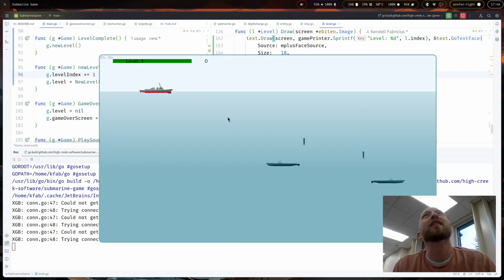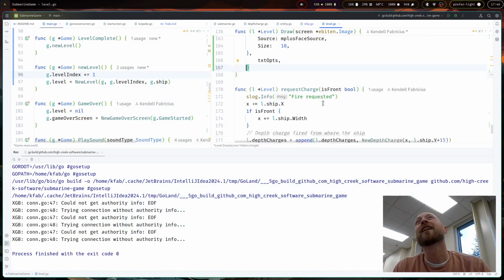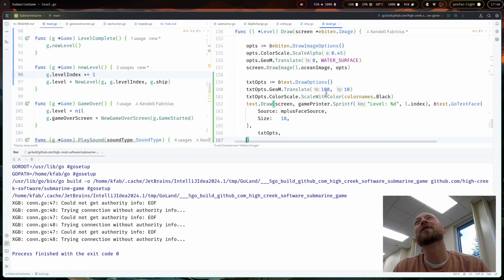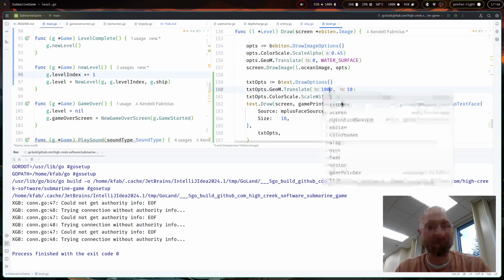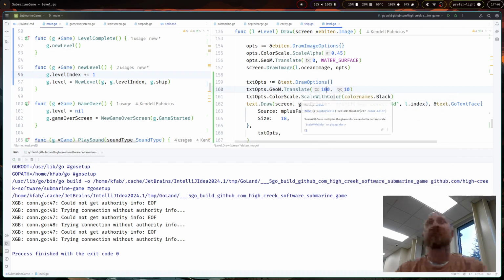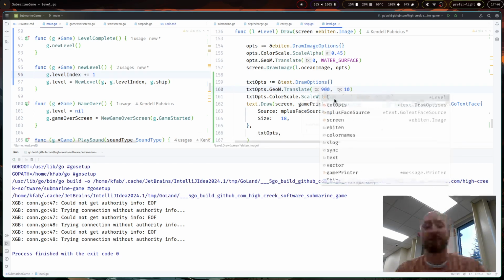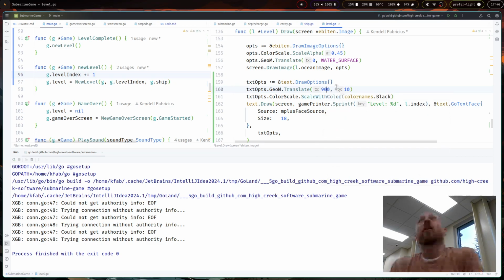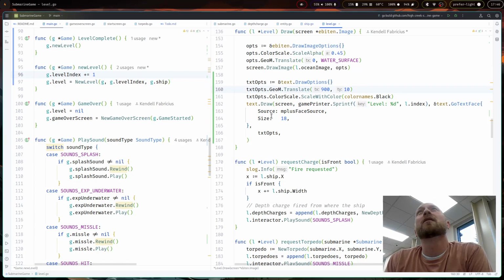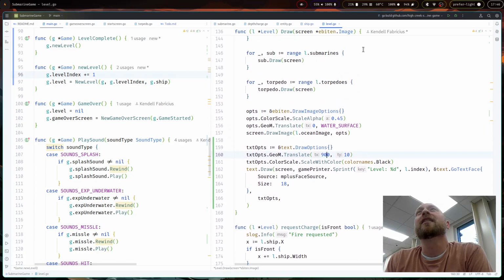We're in the wrong spot. It's right there in our health bar. I thought I told it to do 1000, but I guess I only told it to do 100. And in that matter, maybe let's do 900. All right, and then there was something else I just thought of and forgot. Oh yeah, it's our